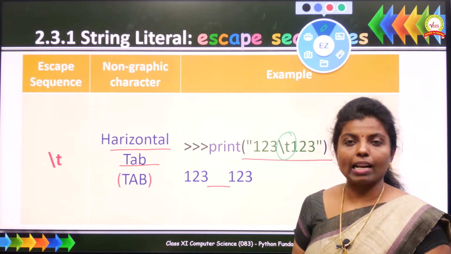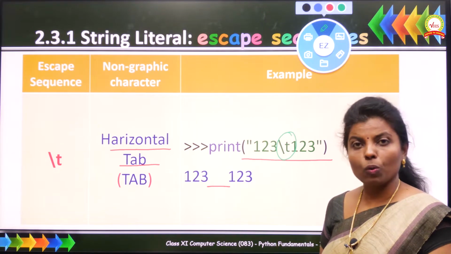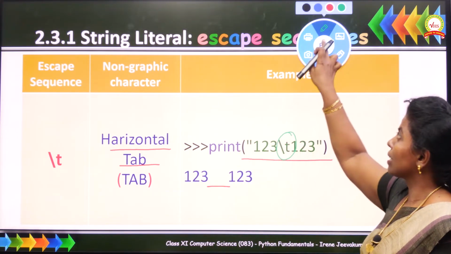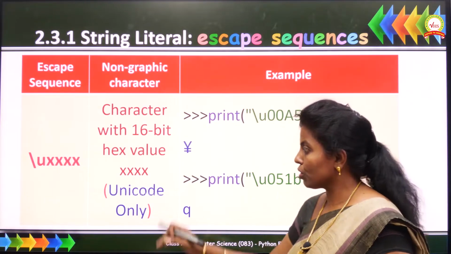In Python, 4 character spaces are tab spaces. So you have got 4 character spaces over here. So this is the purpose of \t. Next, let us move on to the next escape sequence, which is